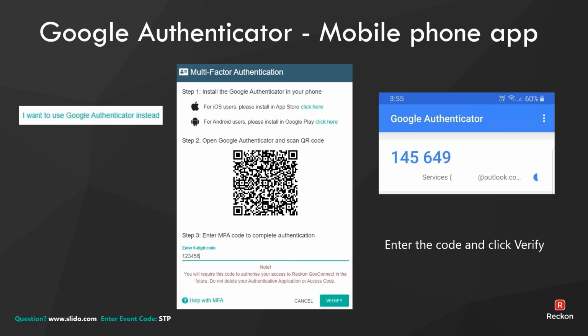If you're using Google Authenticator through your mobile app, you can download the Authenticator app on your mobile for free. Basically, when you launch the Authenticator, once you add a new Authenticator, you scan the QR code. Once you scan that QR code, it'll generate a 6-digit number, and then you enter in that 6-digit number to